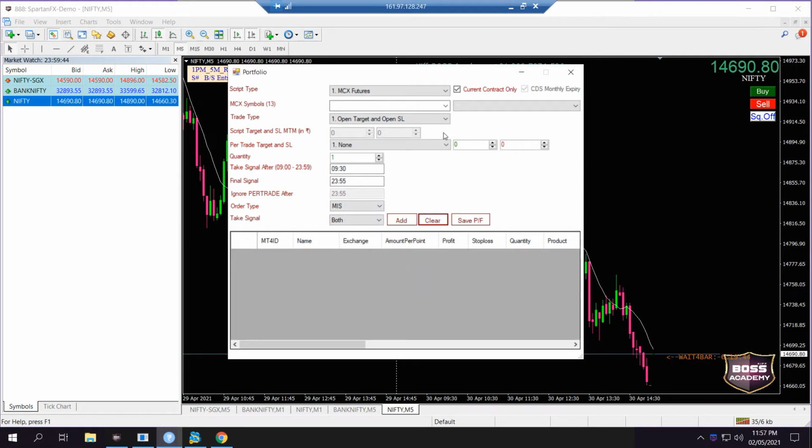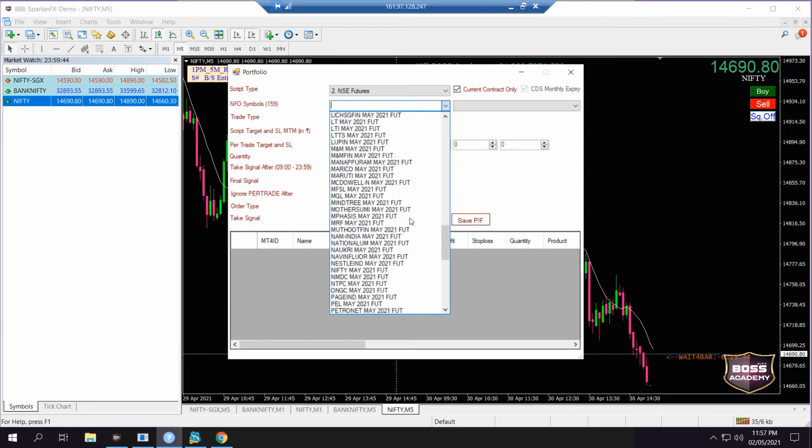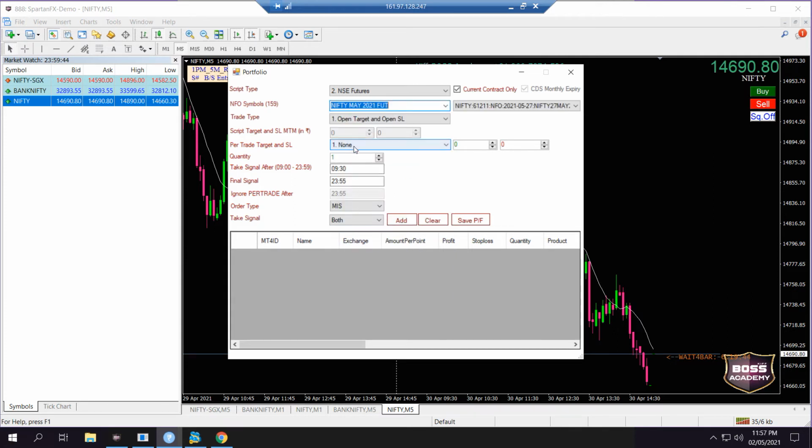Now I am going to add NSE futures, Nifty again. You can select from the dropdown, Nifty, in alphabetical order sequence. See here, Nifty May 2021 futures. Quantity you can choose. I am choosing 2 quantity. Trade signal after 9:15, because the 1 minute signal will come immediately after 9:15. Leave the final signal, don't worry about it.